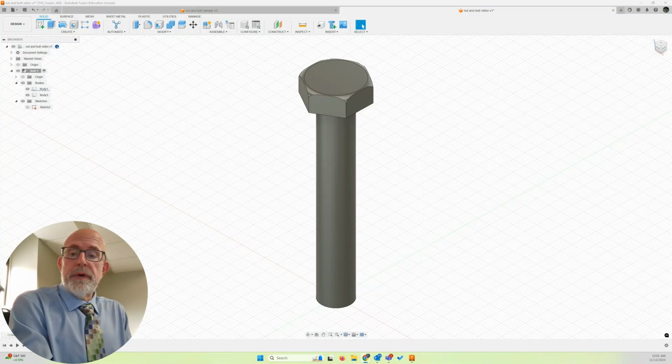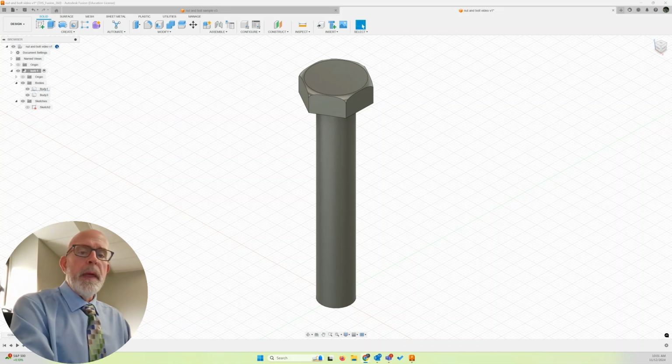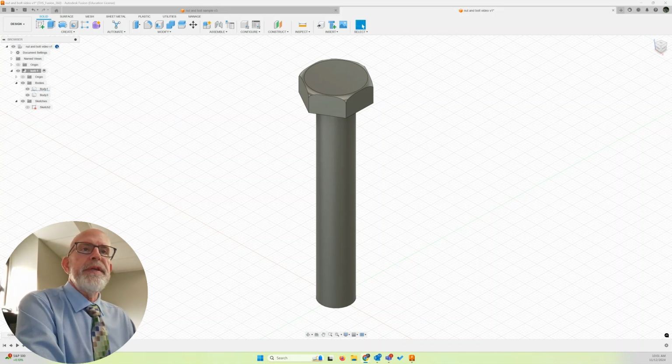Here we are starting off with part two of the nut and bolt. You see where we left off. It's time to add the threads to the bolt. So let's go create